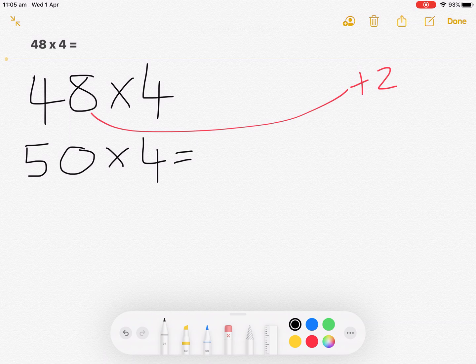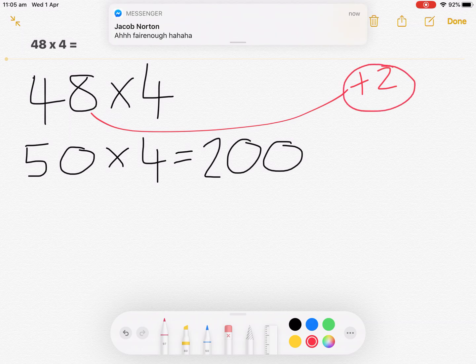Now 50 times 4 is easy to work out because I can just know that 5 times 4 is 20 and then add my extra 0 because 50 is a tens number. So I've got 200 now. Now remembering that I added on 2 initially, this is where I have to do some subtracting. Now from 200,